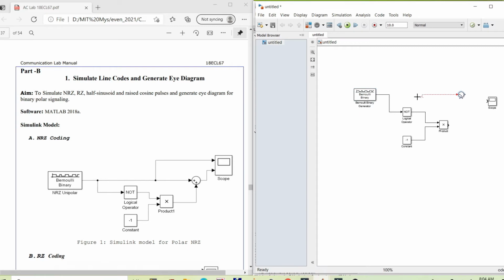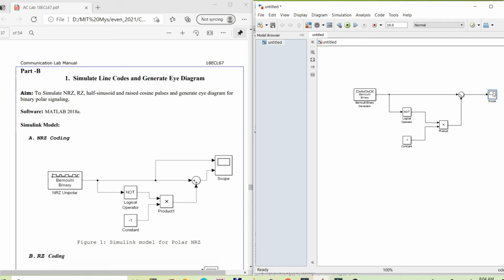So the sum inputs will be from Bernoulli and the product, and the scope will have two inputs. That is, one from the Bernoulli binary generator and the other from the sum output. So we can have many inputs and thereby visualize many waveforms simultaneously.